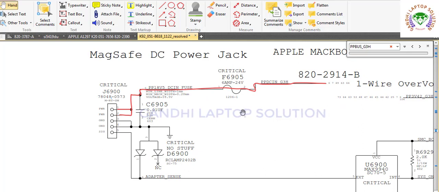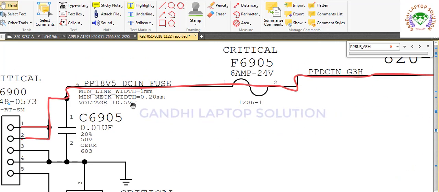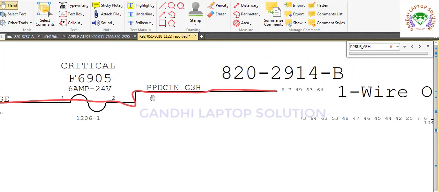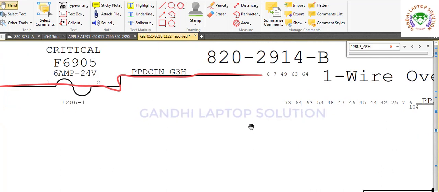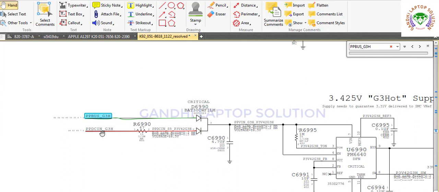How do we identify which supply this motherboard operates on? You can see here, 18.5 voltage is what this motherboard operates on. Now the PPDC_IN_G3S supply is going to here. You can see the red mark lining. This adapter supply came here,